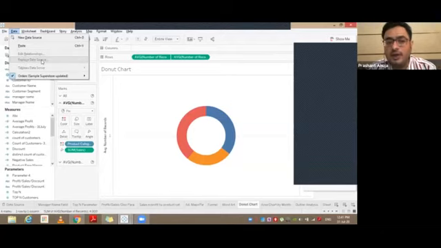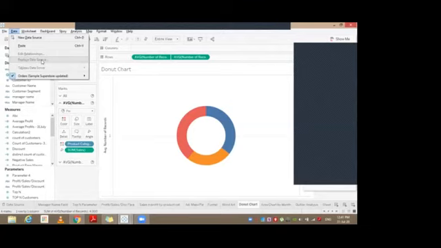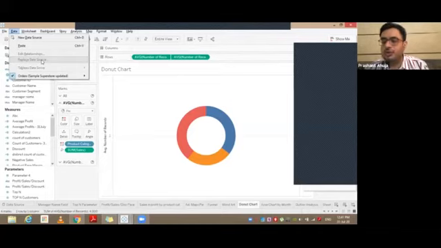So there it gets very easy. So it's not a limitation of Tableau Public, because Tableau Public is not meant for that activity. Tableau Public is giving us an opportunity to learn Tableau. So it's a trial version, I would say.